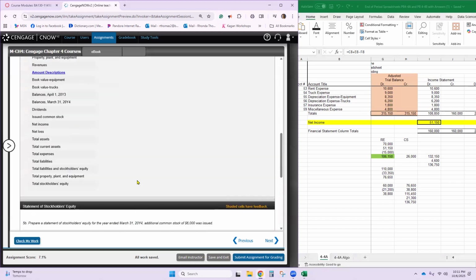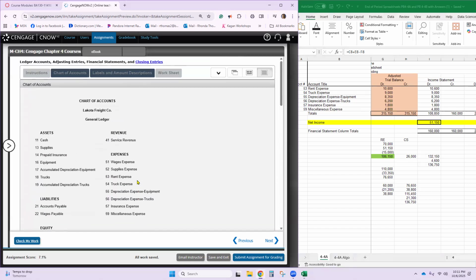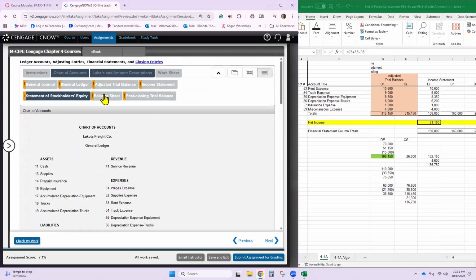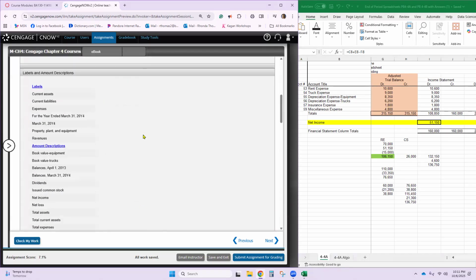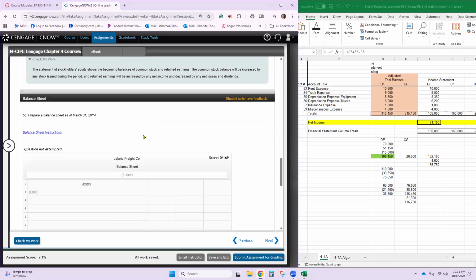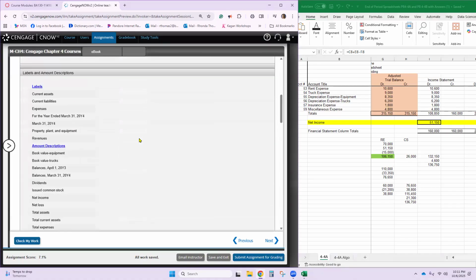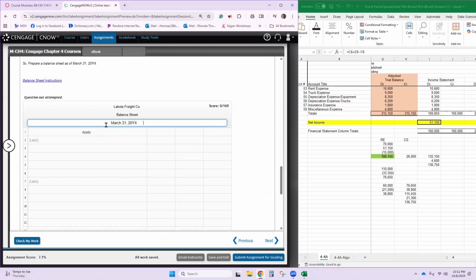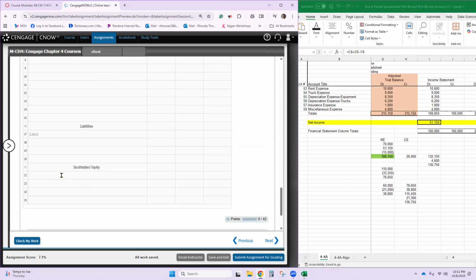So let's go get the balance sheet. And we can leave them there until we put them in, and then we can close it. All right, so then the balance sheet, and we just want one day in time for it. And we're going to the bottom. Let's go to stockholders' equity. Let's go ahead and put common stock.